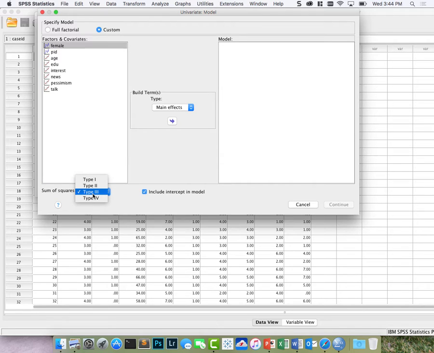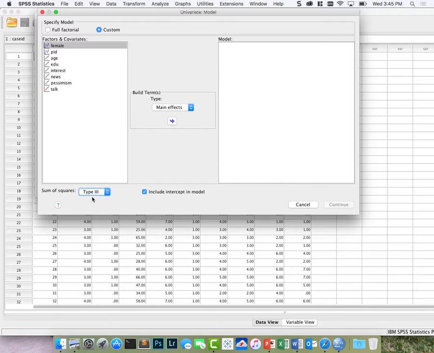I think the big argument is between type 3 and type 2. It has to do with how variables are entered into the analysis. But by default, SPSS does type 3 sums of squares. There are books written on this topic. If you take an ANOVA class, you'd probably study and learn a fair amount about each of the 4 types